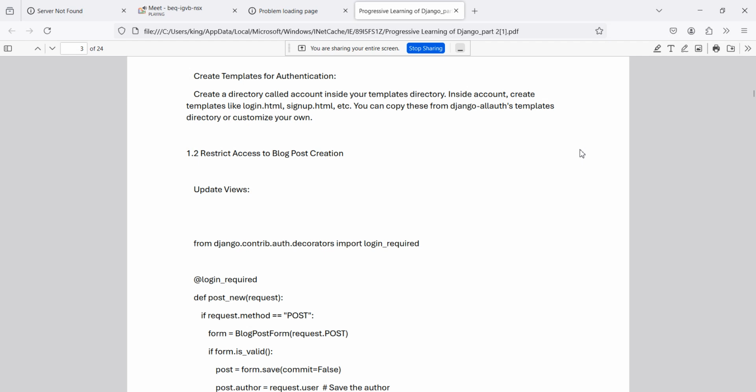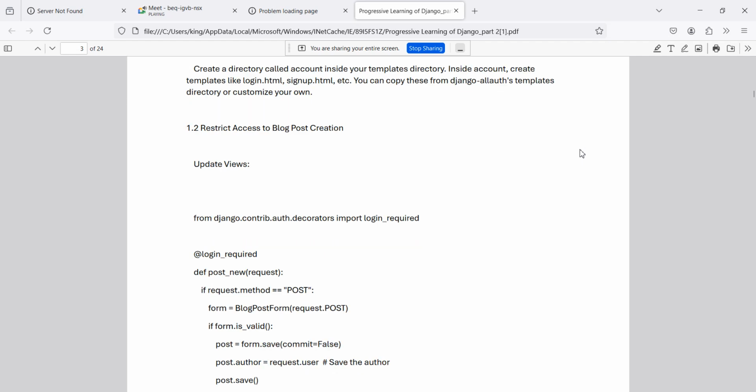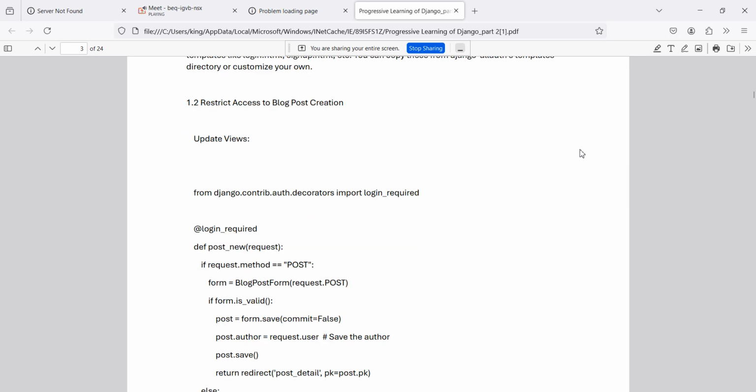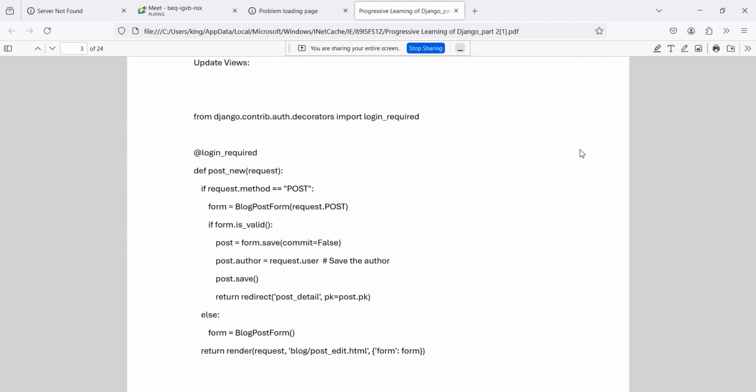Now when we come to the view, we have the view post, so we'll be able to add the login aspect, where we will require that there should be a login requirement before you can post a new